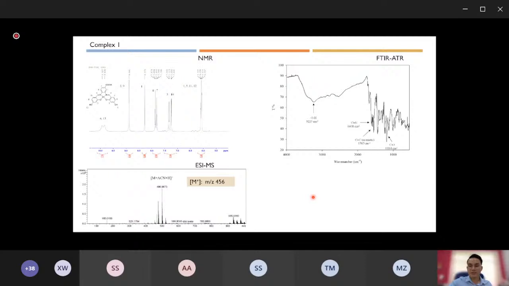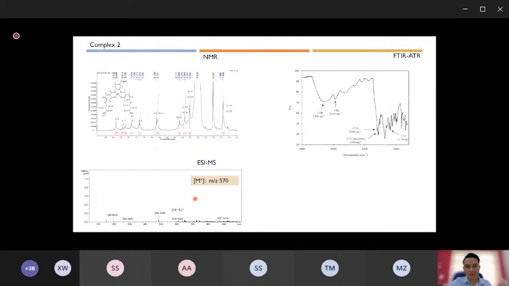Both complexes were characterized to confirm the structures using the normal spectroscopy techniques: NMR, FTIR, and ESI mass spec to confirm the molecular weight of these complexes. Same goes for complex 2: NMR, FTIR, ESI mass. So after these complexes have been confirmed, we can